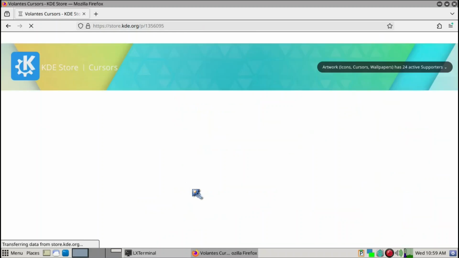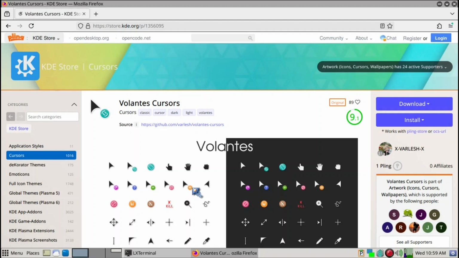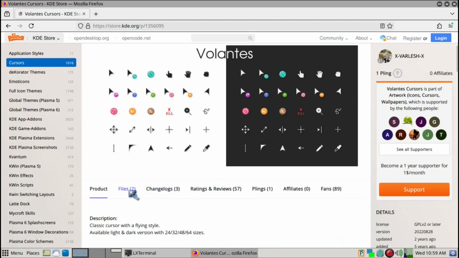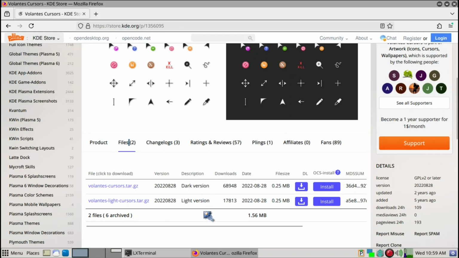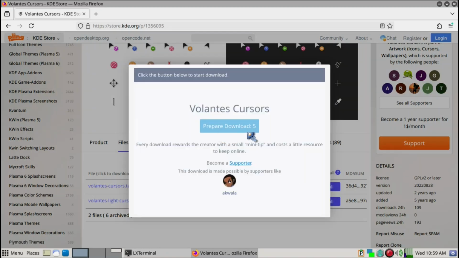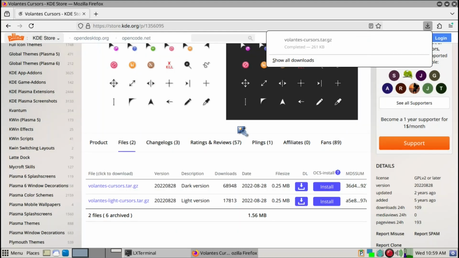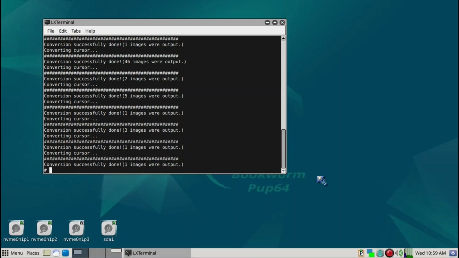Volantis cursors. We'll click on it, and it looks pretty nice, and we'll go to the files, and then you can choose the dark version or the light version. So we'll try the dark version and click on it and wait a couple seconds, and then we're downloading it now. It's already downloaded now. Okay, so this is basically how you download a mouse cursor,